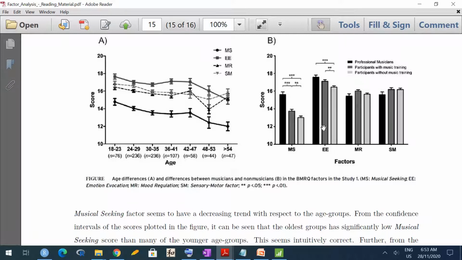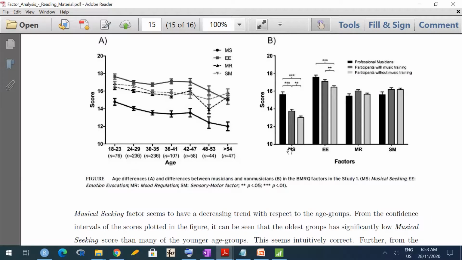Okay, and even among the professional musicians, then amateur musicians, that is participants who had music training, and participants without music training, you can see these are bar plots. These bar plots represent the scores, and these stars represent whether the differences between the scores are significant. So in mood regulation, there are no significant differences. Almost every group can use music up to an equal amount for mood regulation, and sensory motor is also fine.